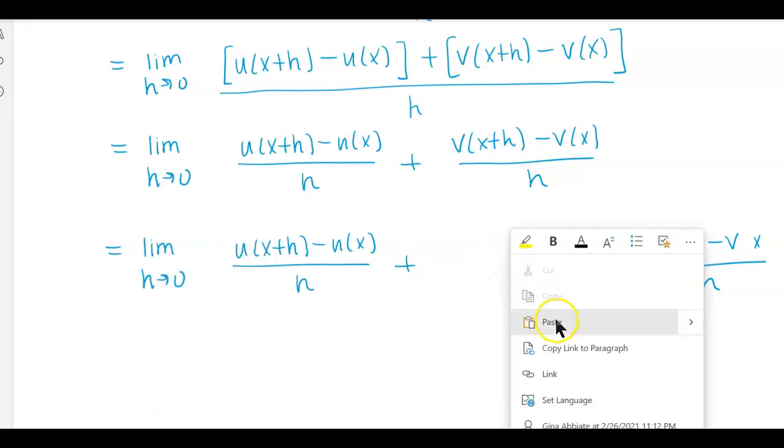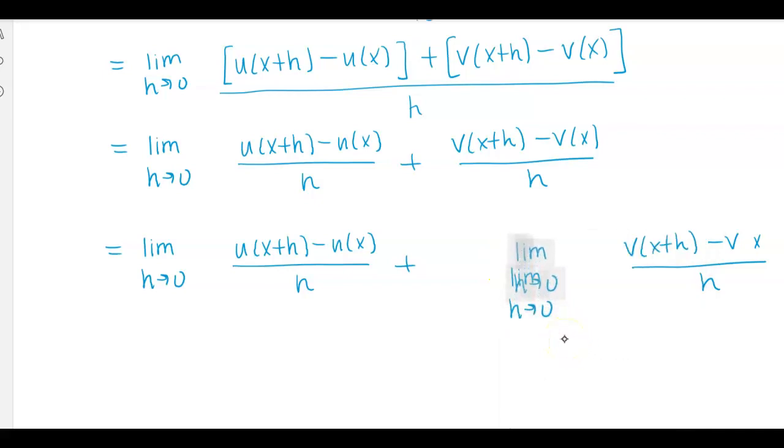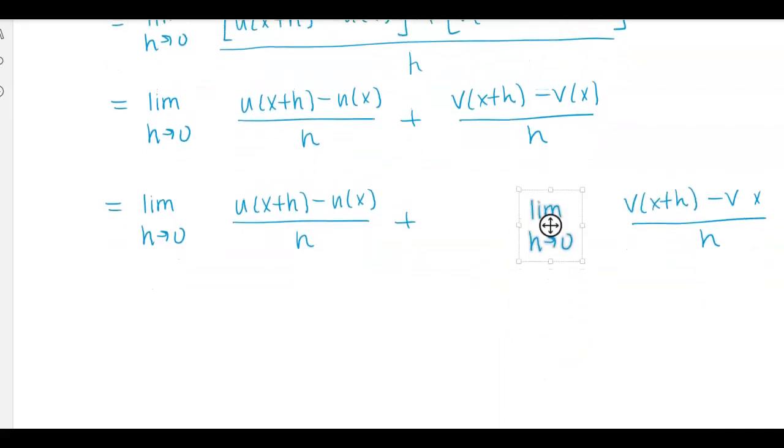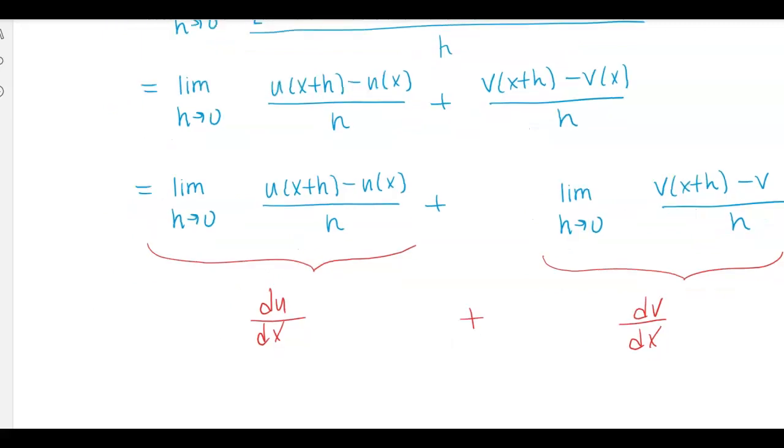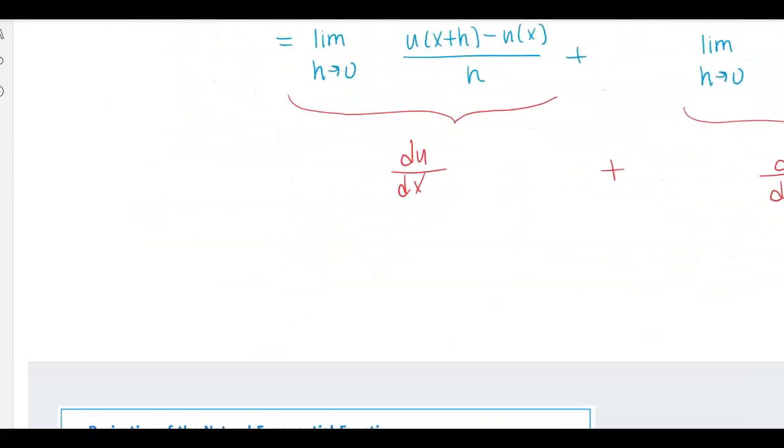and put it here. I'm just going to be precise that we're breaking the limit into two things so that I can say, okay, this here is du dx, the derivative of the function u, and this part is the derivative of v with respect to x. And so that proves that if I take the derivative of the two functions individually, then I have the derivative of the polynomial overall. So as an example,